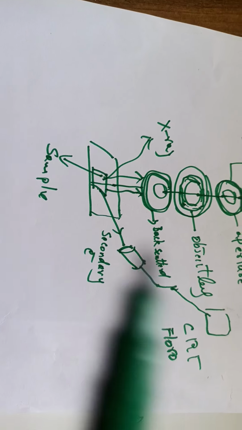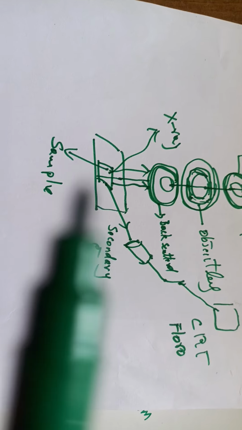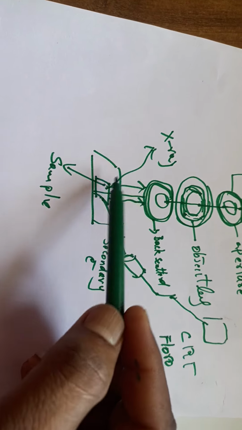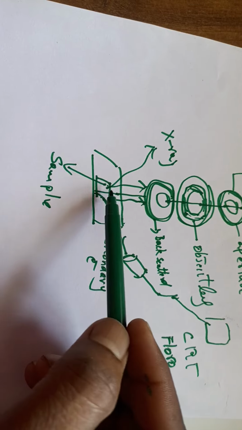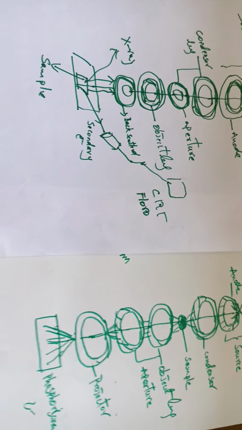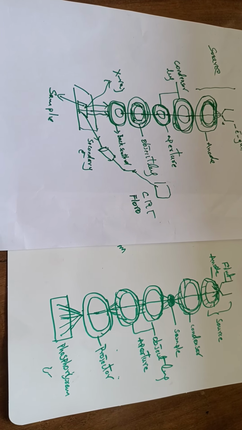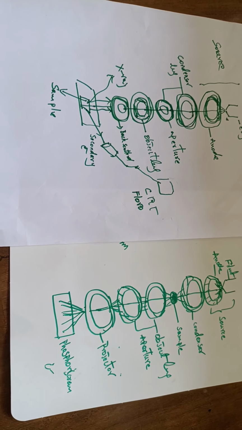And also, because the electron beam interacts with any material, X-rays are automatically produced. These are the X-rays which are produced. Okay, these are the major differences between SEM and TEM. You have to remember the sample is placed in between in TEM, but in SEM it is outside of